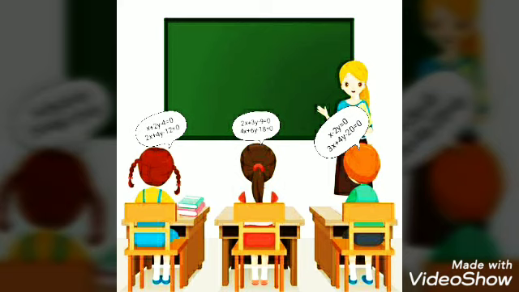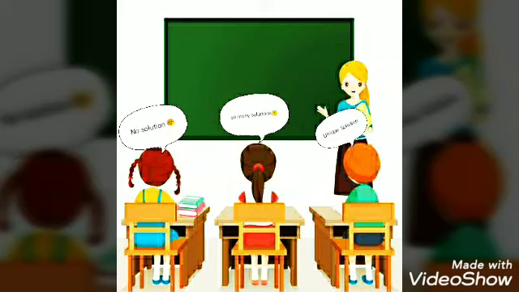In a class, the class teacher gave 3 different pairs of linear equations to 3 students, and they have to find the solution of those equations. The first person told, "Madam, I got a unique solution." The second one told, "Madam, I am having so many solutions." And the third one is telling, "Madam, I think that question is wrong because I am not getting any solutions," which means no solution.